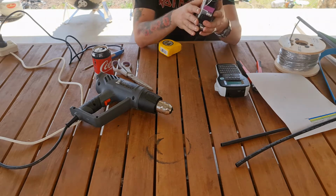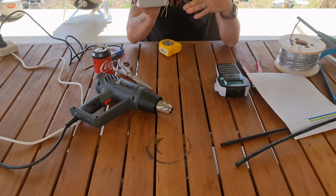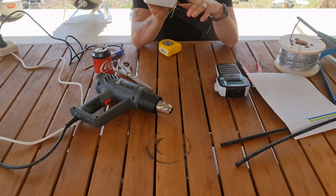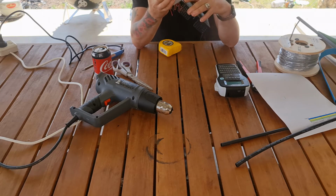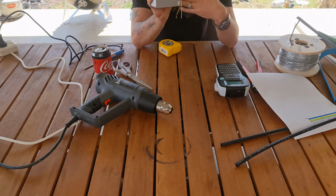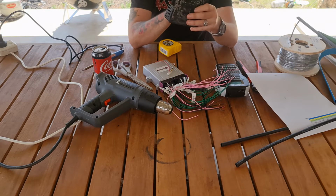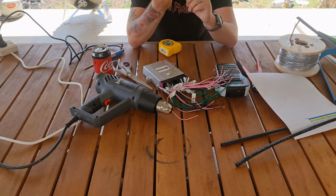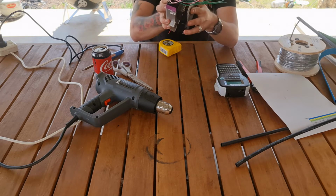Now, you'll notice with my controller here, I've made up a bracket. The controller factory mounts with only 2 mounts. Now, if I need to screw this into any plastic trims, it's dispersing all the mass of this, which weighs about 1.5 kilos, across just 2 bolts. So if I'm mounting into plastic, that won't work. So I've 3D printed this, which means I get 1, 2, 3, 4, 5, 6, 12 bolts, and then I screw this